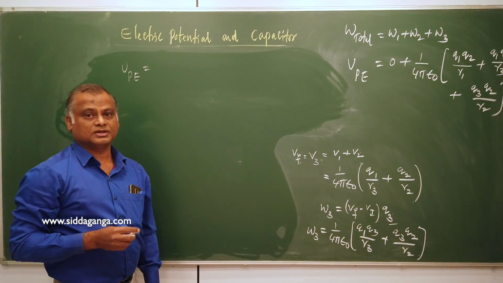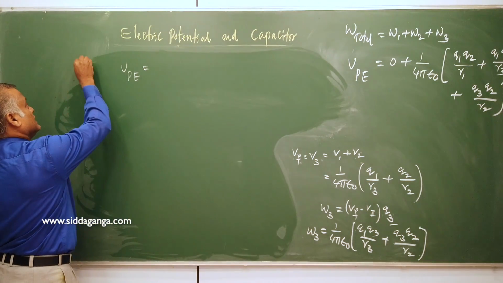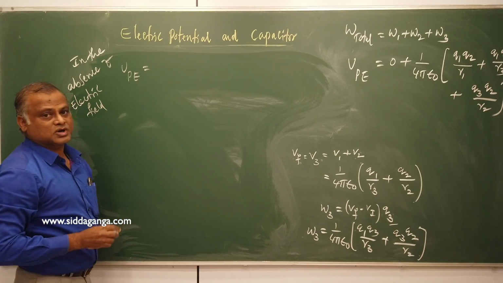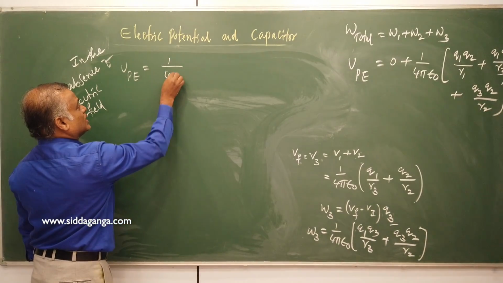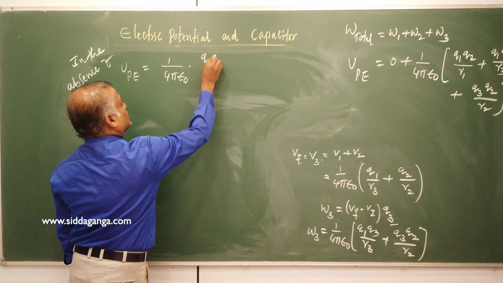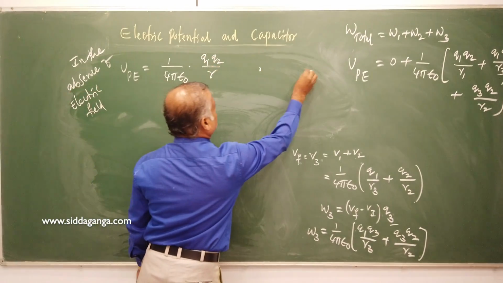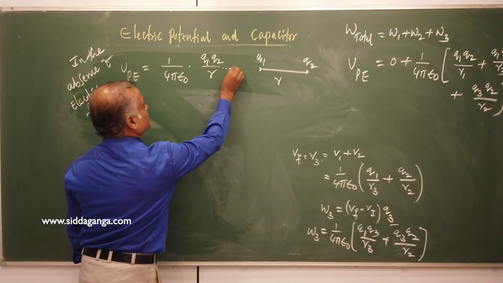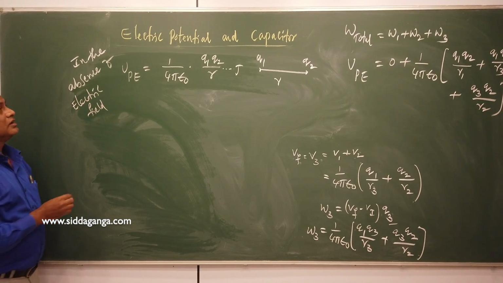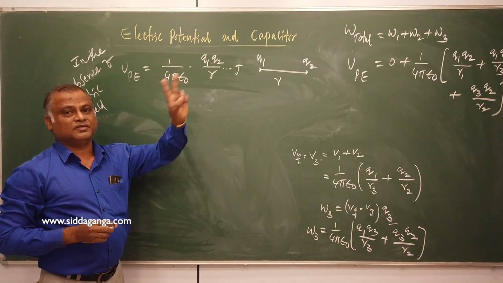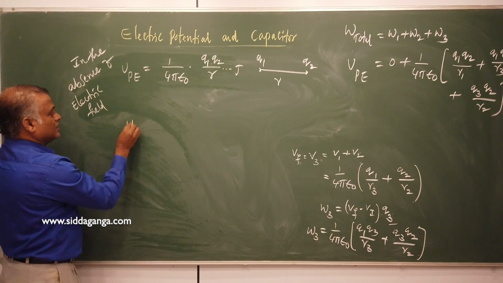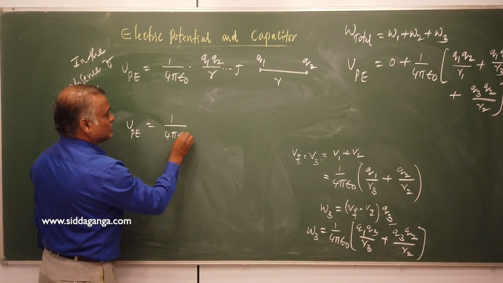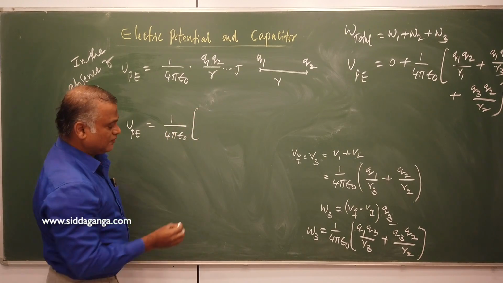Potential energy due to a system of 2 point charges in the absence of an electric field, that work done stored as potential energy, is given by the formula 1 by 4 pi epsilon naught Q1 Q2 divided by R, which is expressed in units of joules. This is for a system of 2 point charges. For a system of 3 point charges, 1 by 4 pi epsilon naught,